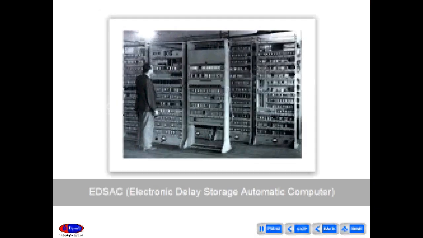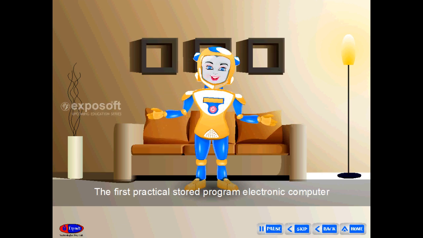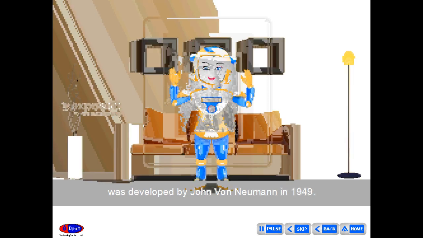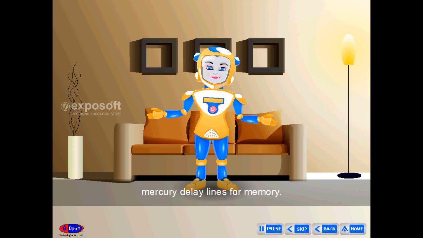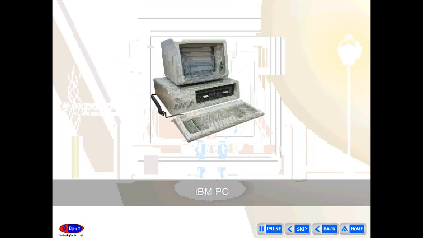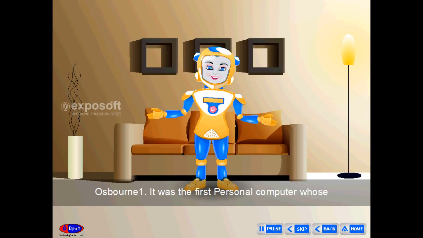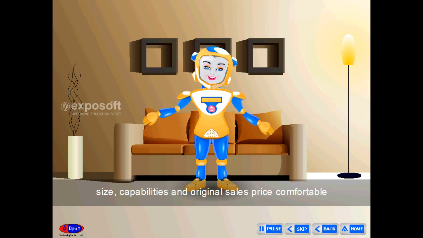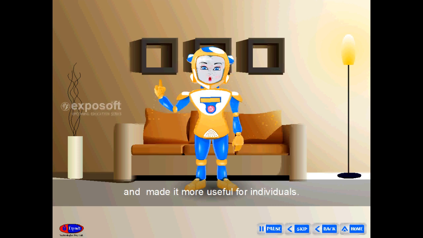EDSAC, Electronic Delay Storage Automatic Computer. The first practical stored program electronic computer was developed by John von Neumann in 1949. It contained 3,000 vacuum tubes and used mercury delay lines for memory. IBM PC. In 1981, IBM, International Business Machines, made the first fully portable computer, Osborne 1. It was the first personal computer whose size, capabilities, and original sales price